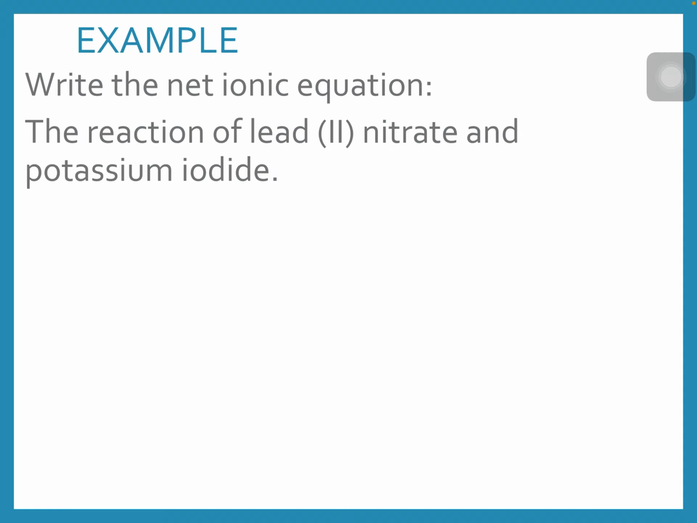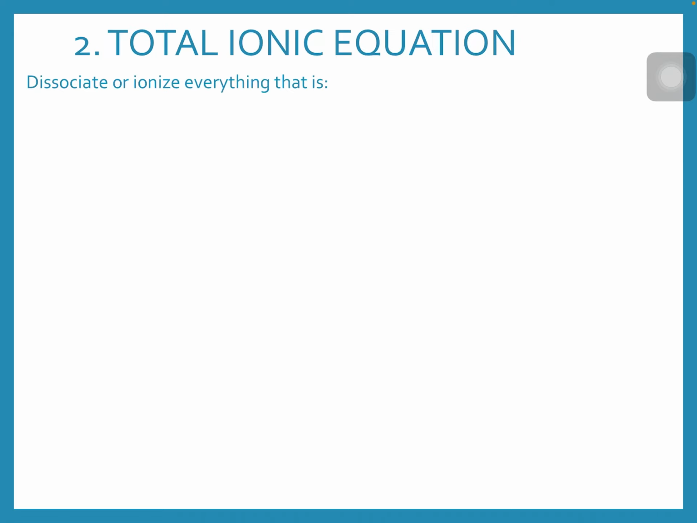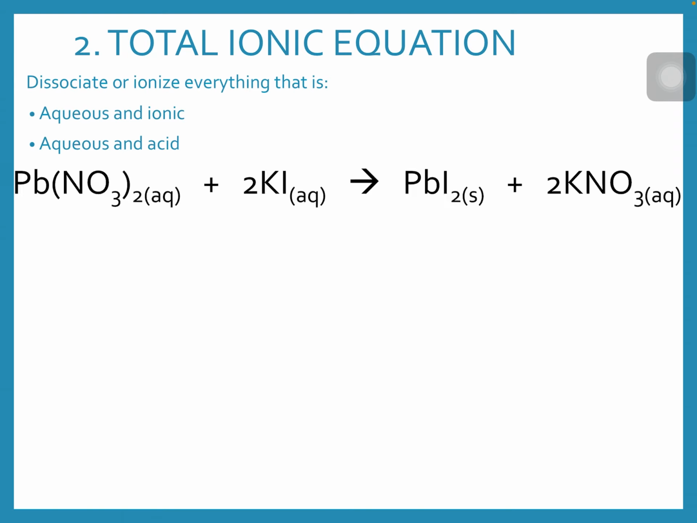So to go back to that example that we've already started with, lead(II) nitrate and potassium iodide. We already have the molecular equation, which is the first step. The second step then is to split this into the total ionic equation, which we get from taking anything that is aqueous and dissociating that. Anything aqueous and ionic, or aqueous and an acid, is going to dissociate. So lead(II) nitrate becomes Pb2+ ions dissolved in water,